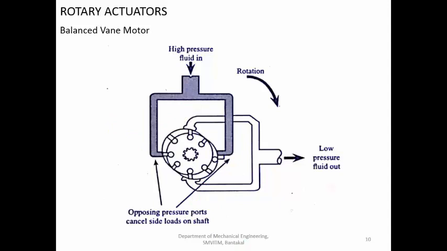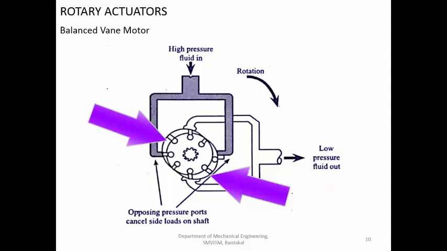So now if you are taking the axis of the casing and the axis of the rotor, they will be concentric. So if you are drawing the horizontal center line here and you are drawing the vertical center line here, the axis of the rotor and the intersection of the center lines of the casing will be matching. So they will be concentric. But because of the profile of the casing here, you will be having the forces generated, thereby the rotor will start to rotate and it can have continuous rotation. So that is the balanced vane motor.